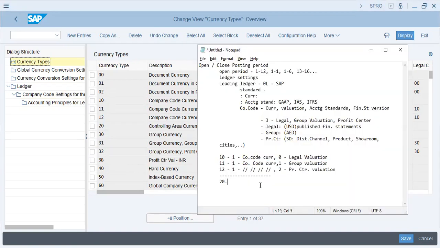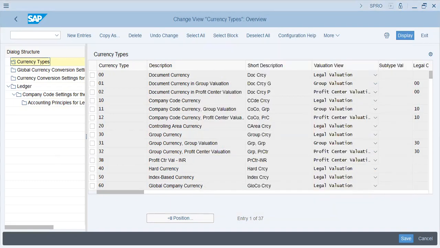Okay, so 20 is controlling area currency. Okay, and 30 is group currency. Okay. Now, next step,